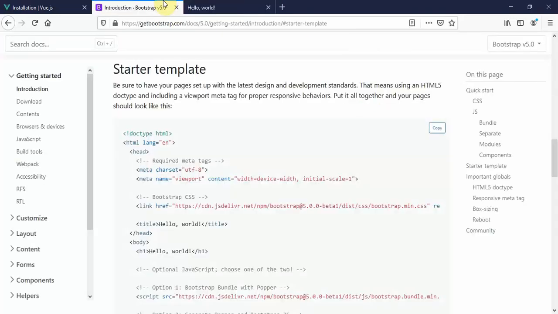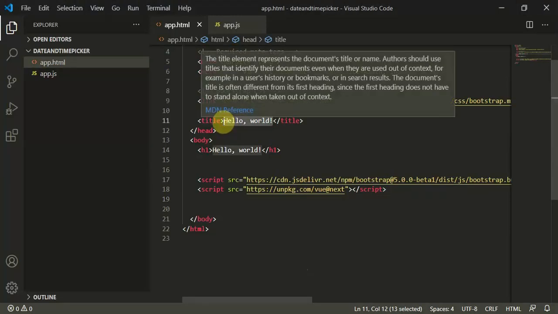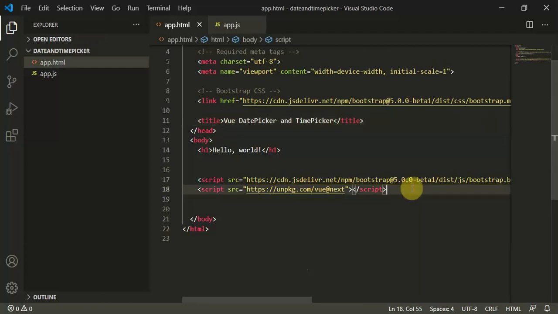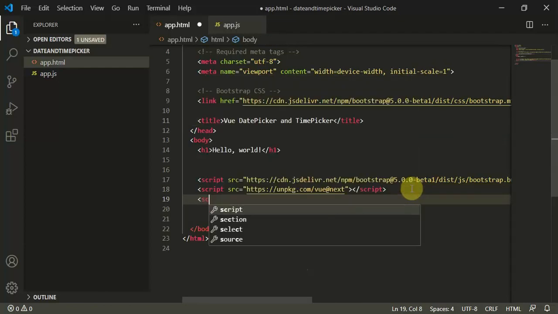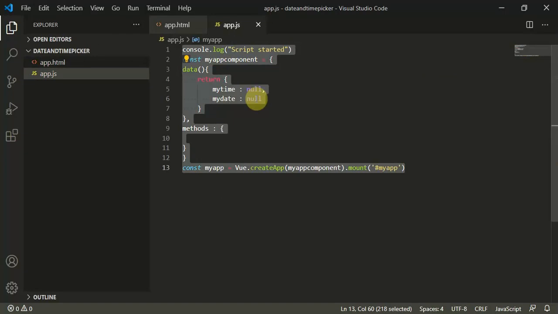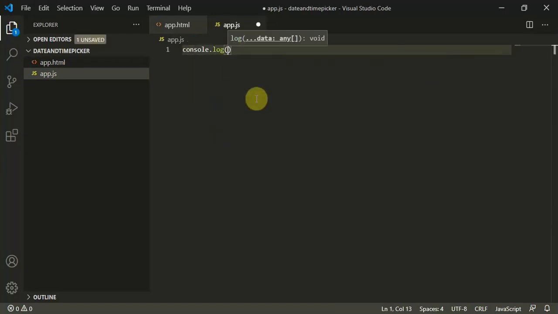Now we can move to our page, and we can change the title. We can change this to Vue date picker and time picker. So this is perfectly fine, and we can add a script below that. Script source is equal to app.js, perfectly fine, and we can close the script tag. And inside app.js, I'll remove this for the time being, and I can simply type console.log